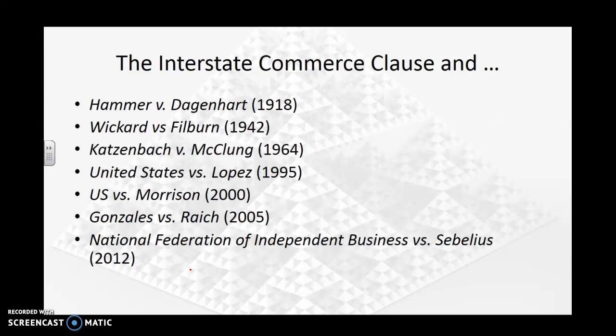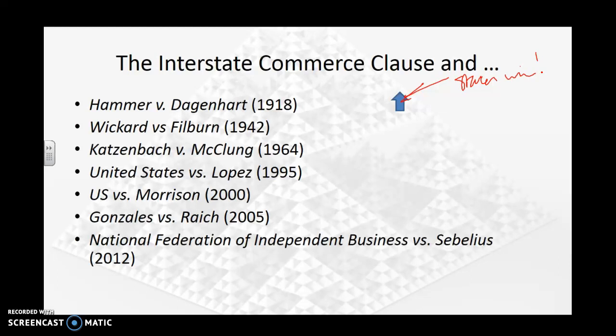And so in Hammer versus Dagenhart, which is to do with child labor, the Supreme Court said no, actually, the federal government does not have the right to tell states what to do, even if they are using children in their factories. And so they found for the states. This is what that arrow means. That means states win. Oh, hurrah. So you can use children in your factories.